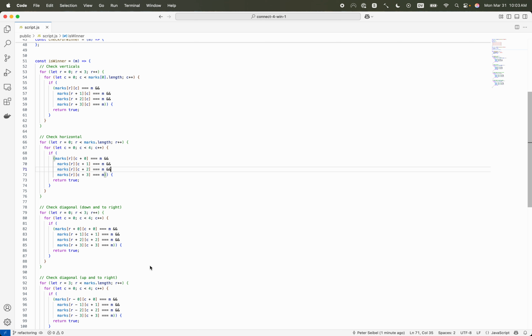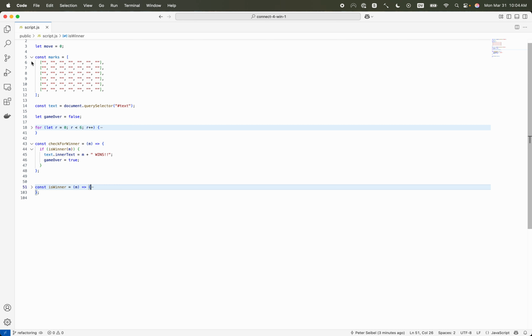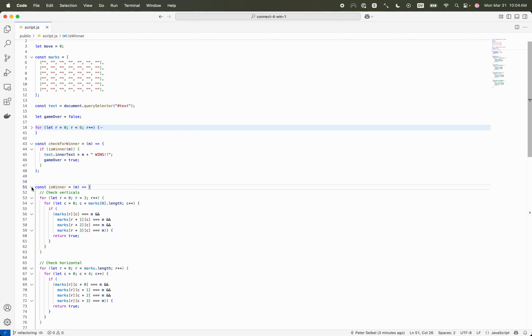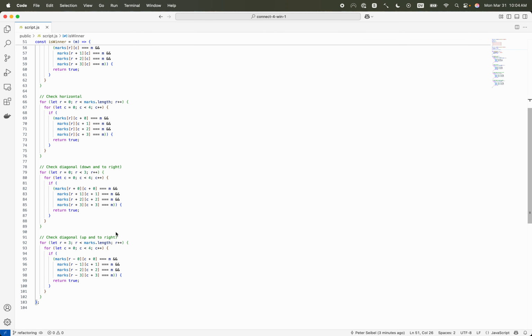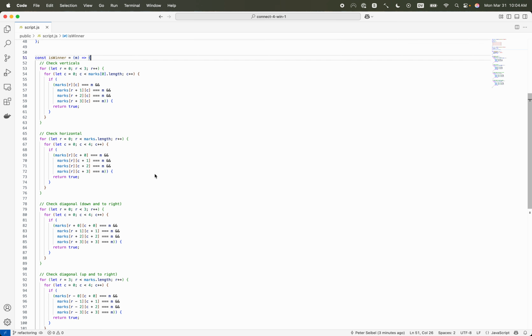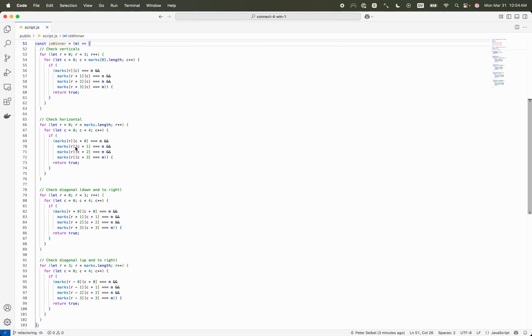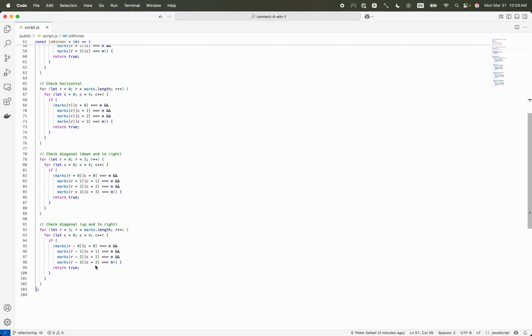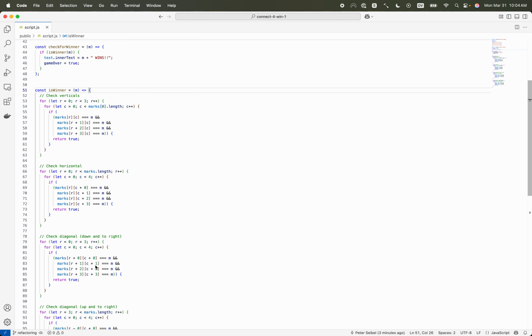As I have said in class and probably in previous videos, whenever we have a big function, so this winner is still over 50 lines long, and it's made up of these 4 chunks that I had to comment to keep straight what they are. There's 2 choices. One is to break these out to separate functions, and then this would at least be shorter and it would call check verticals, check horizontal, check diagonal 1, check diagonal 2. And that would be fine. But in fact,